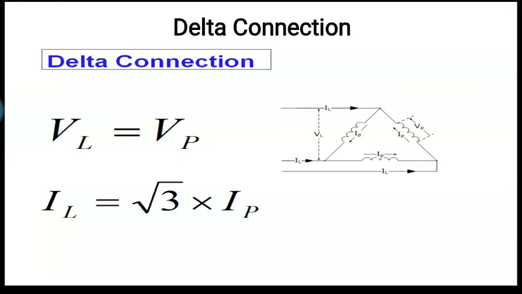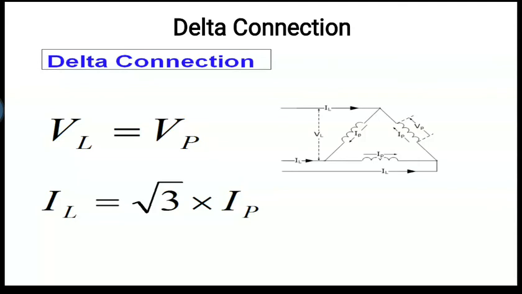In the diagram you can clearly see the IL, IP, and VL, that is between the two joints, between the two terminals. On the left-hand side the three lines are nothing but the three phases, right? The first one is red, the second one is yellow, and the last one is blue. So the voltage between the red and yellow or red and blue is a line voltage, and the voltage across that phase is a phase voltage.